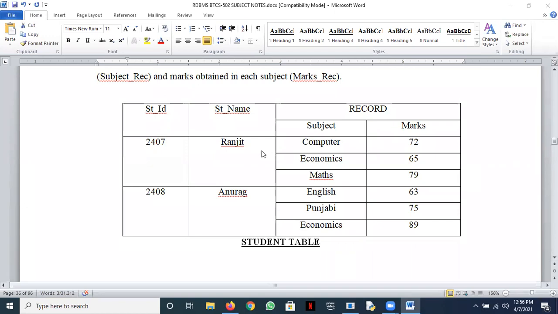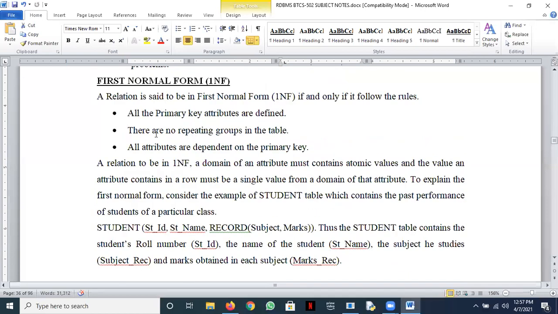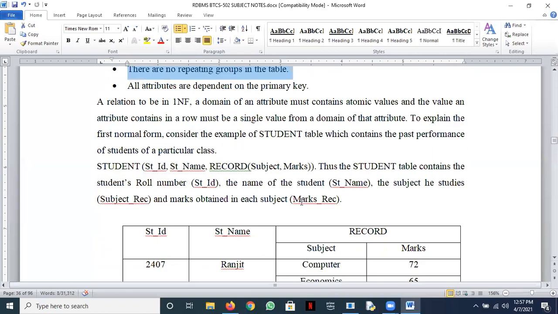For example, subject is computer, marks is 72. This representation is not in 1NF, simply because every row column intersection does not have a unique value. This one has a unique value, this one too, but this one has multiple values. So we say that there are repeating groups in this. There should not be any repeating groups in the table.